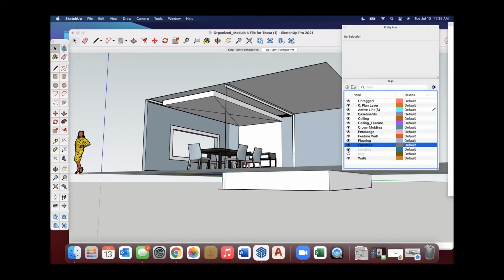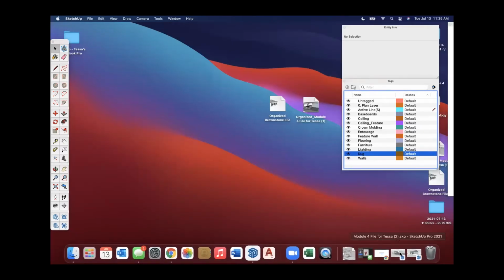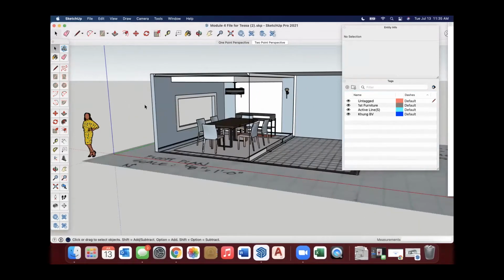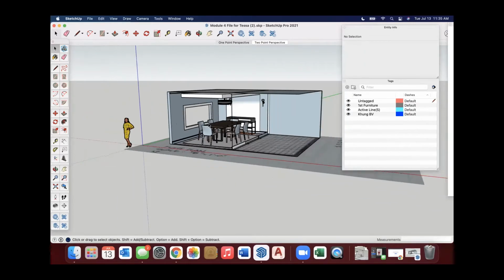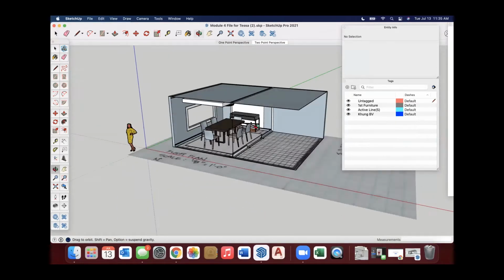And so I won't do everything in this video because it can take a little while, but I want to start it to show you. So how do we go if we're at ground zero and we have not organized, or we brought in some furniture and it gives us some layers, and we're like, what is this? And we need to get it all in furniture. So where do you start?